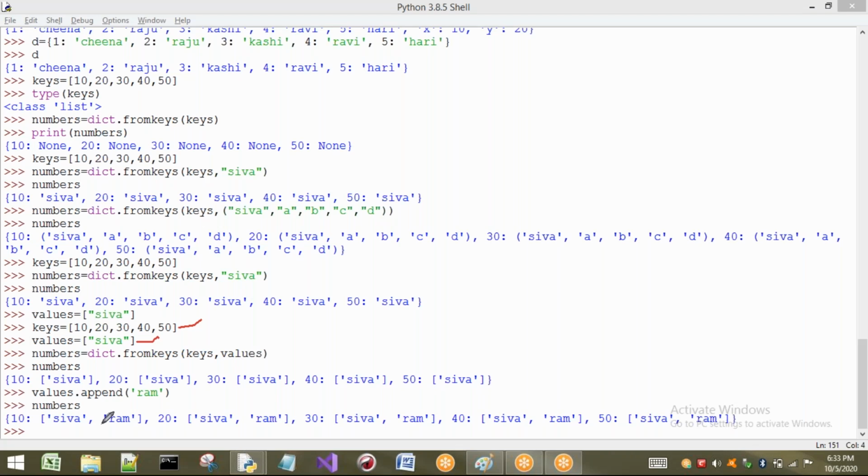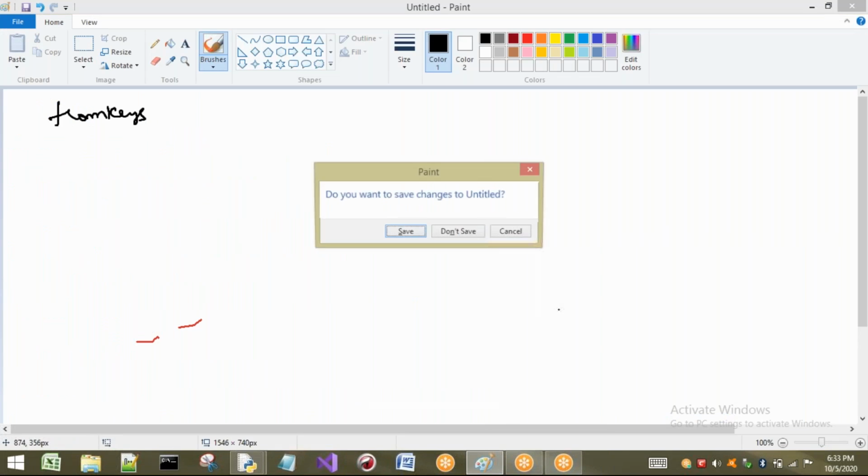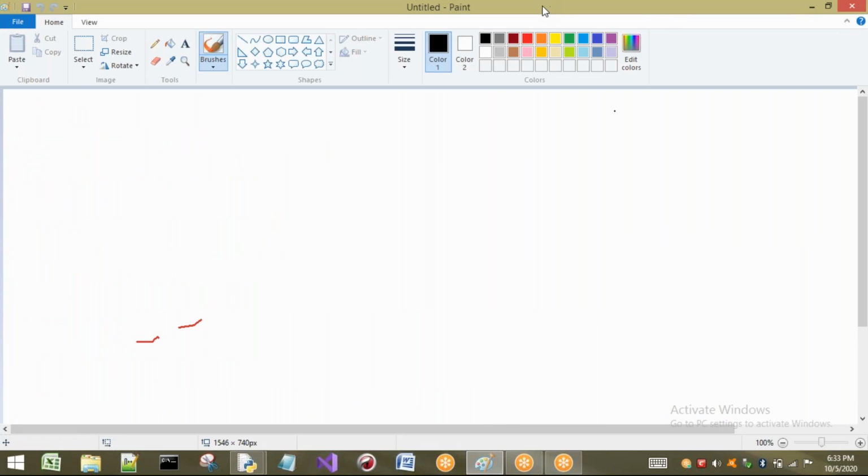Okay. This is about the methods of your dictionary, having a few functions that can be applied on dictionaries. This is somewhat complex. Listen carefully to these methods. First I will write the definitions for those methods, those functions, and then I will start taking the examples. Now see, first one is the all method. This is a function I am going to take. Whatever functions I am discussing now can be applied on our dictionaries. Here some rules are there, and I will show you those rules also by taking examples.